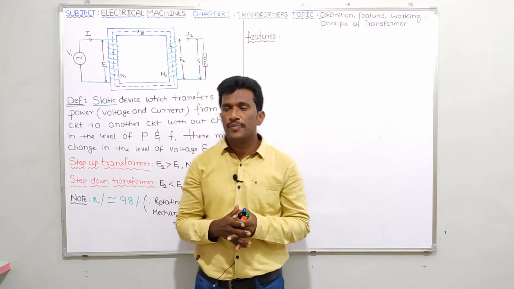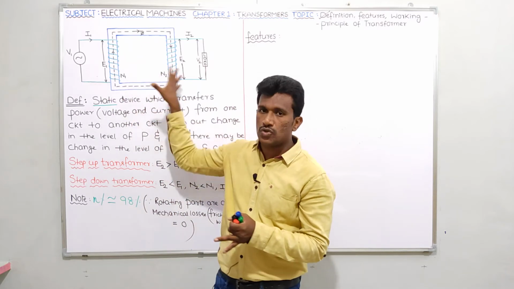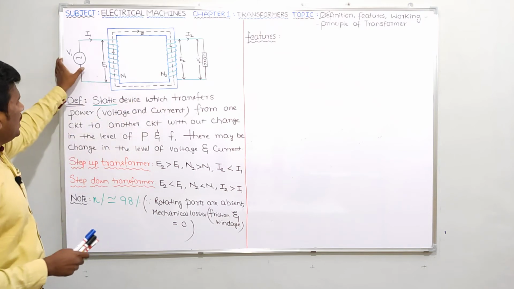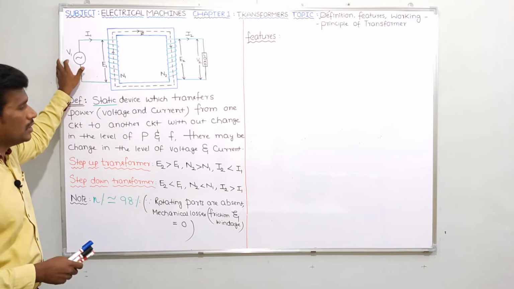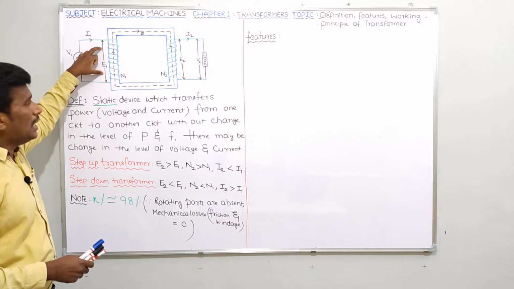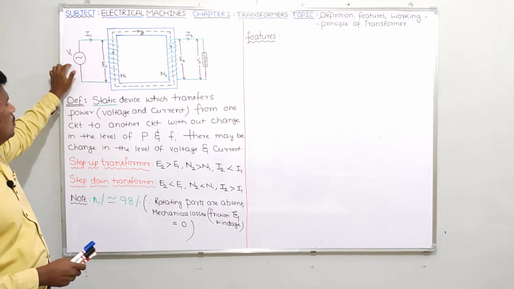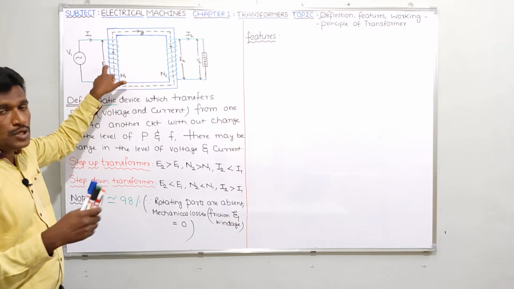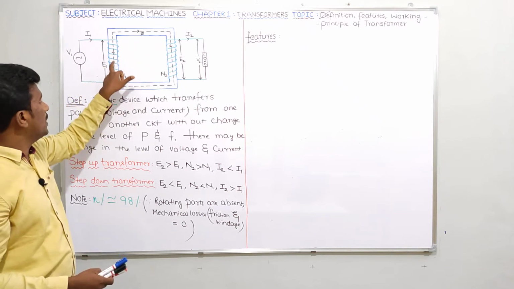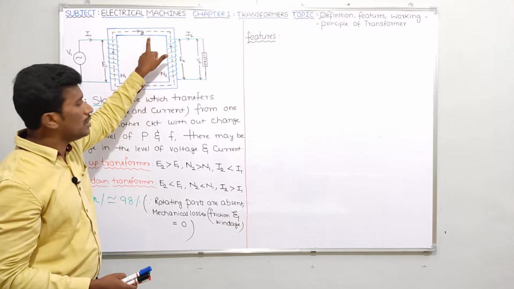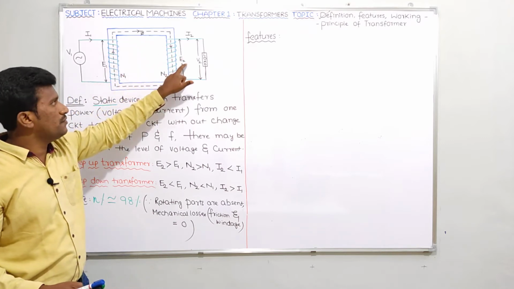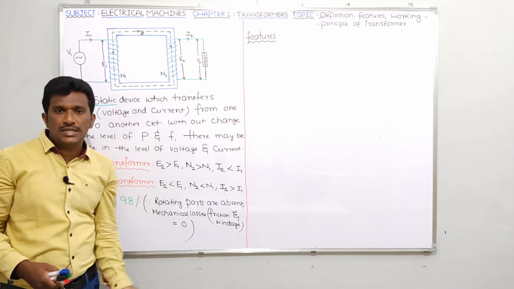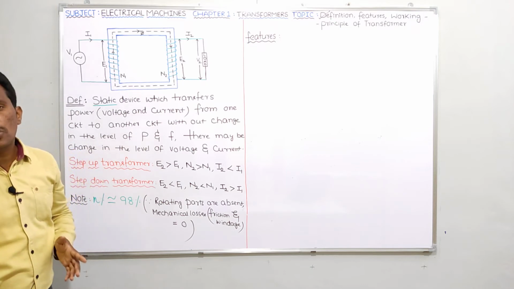Yes, obviously. Why? See, if you take this example, it's a two winding transformer. I'm having two windings here, one winding and the second winding. By connecting only one voltage source, EMF is induced here, and because of the same voltage source, let's say this flux will link with this winding. By mutual induction principle, this flux will come from primary winding to secondary winding through the transformer core. It links with the secondary winding also. EMF will be induced.